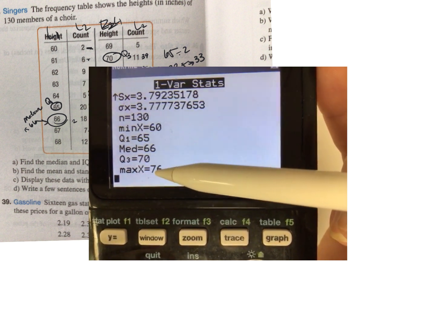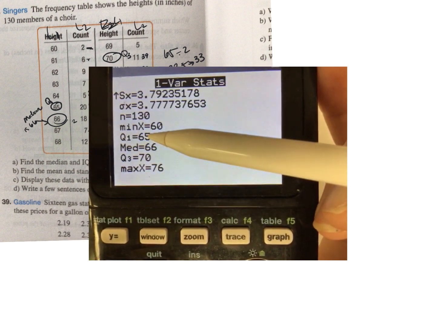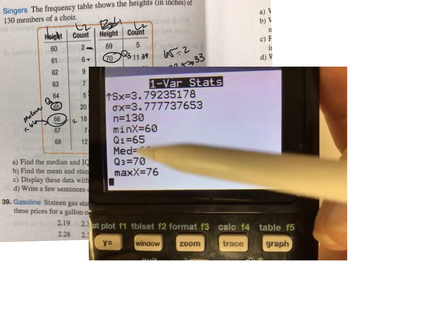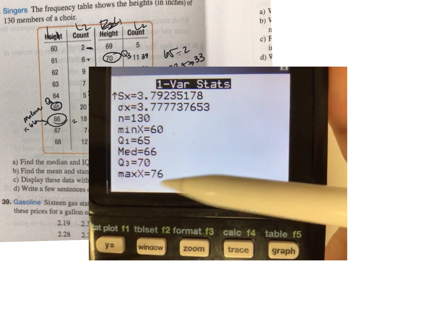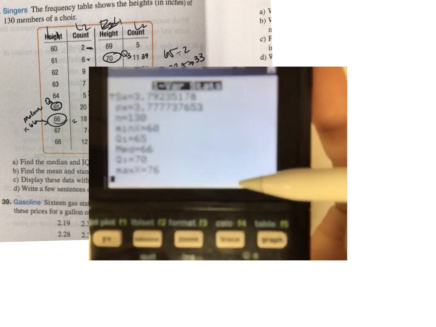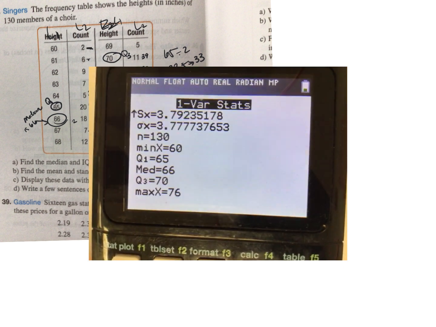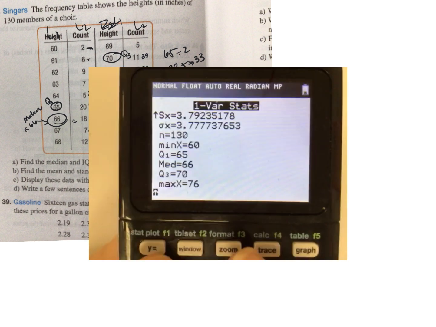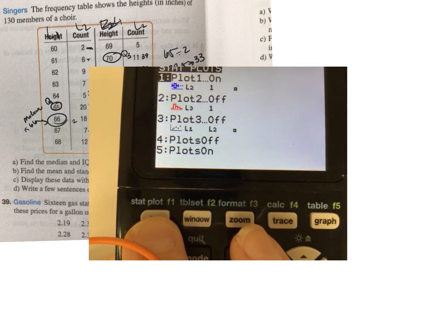Okay. So it asks for the median and the IQR. The IQR is Q3 minus Q1, which equals 5. Okay. Beautiful calculator, does all the hard work for us. Okay. Well, not that. Now it asks for a histogram, so I can go into the stat plot menu, stat plot,